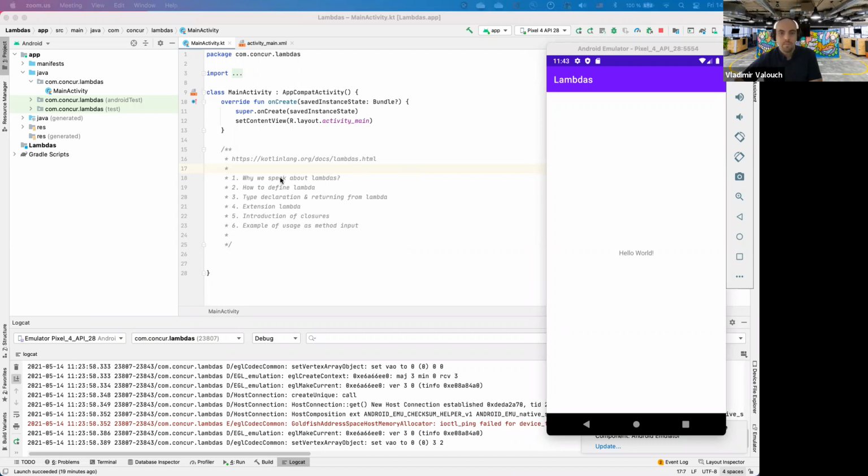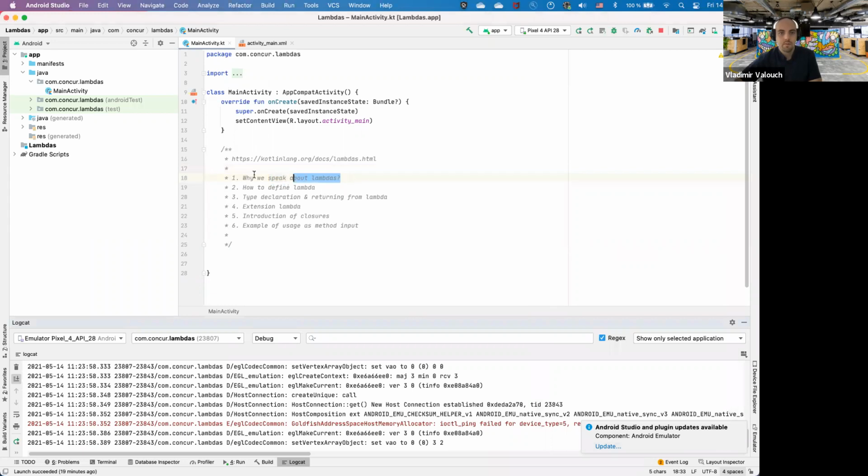So let's start with a basic introduction or explanation of why we are even going to speak about Lambdas in this course or in this session. The reasoning for it is relatively simple. You will bump into it while using Kotlin for development of Android applications pretty much everywhere. If you do not believe me right now, I'm quite sure you will believe me right after this session, where I will really try hard to show where the typical places are where Lambdas are used in Kotlin